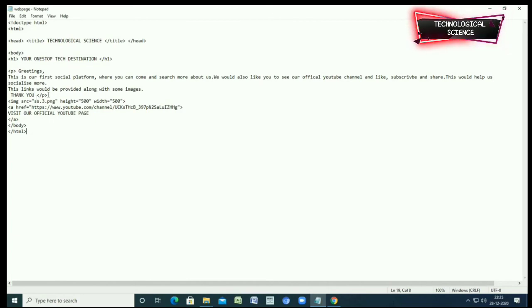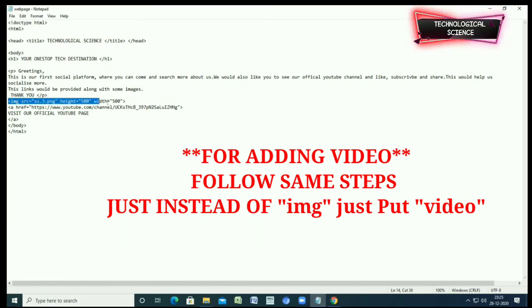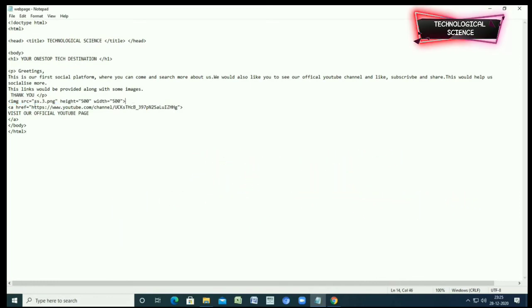In the next video we would be covering how to add tables in your website, how to make columns and all that stuff. For adding any video or audio, you need to follow the same thing that I did for image. And in the next video we would be learning how to create tables.